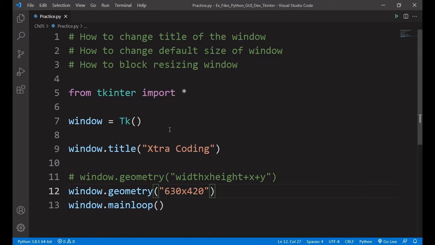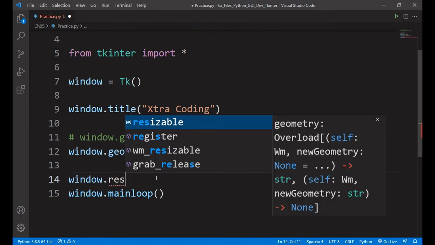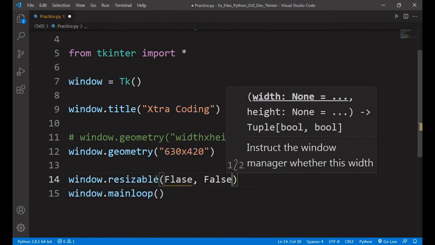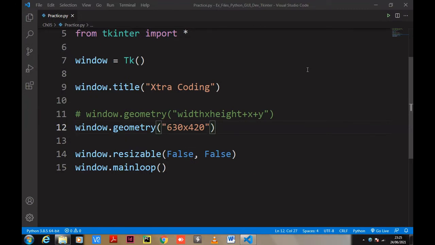So how to block resizing window? A window can be resized, but how to block that? So window dot resizable false and false. So the first false is for x-axis and this false is for y direction. So let's run it,